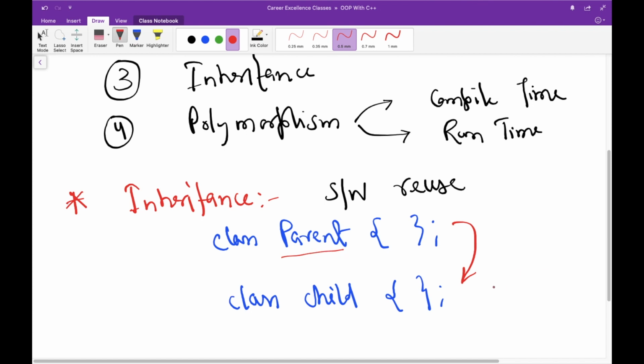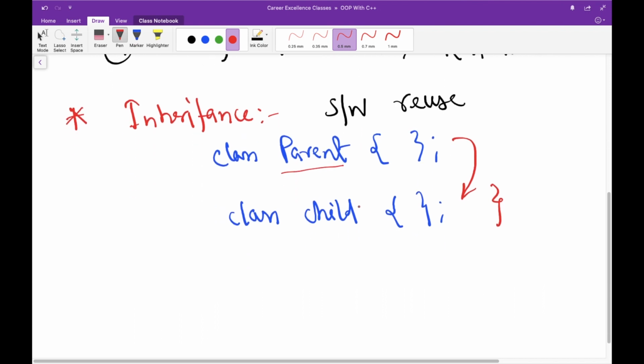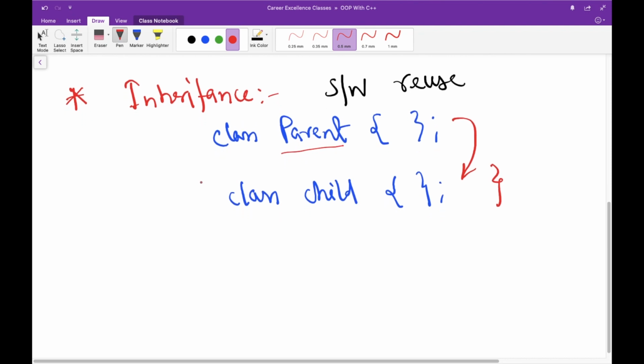You don't need to implement those things, or you don't need to declare those things in the child class. We'll learn about this in a while, but for the purpose of understanding I think it's enough at this moment.